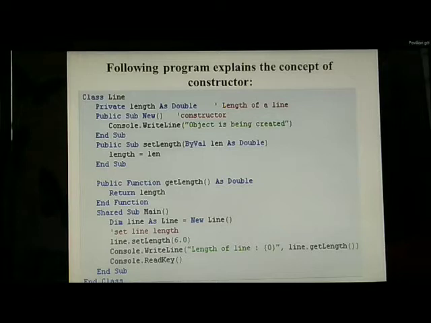Here, Public Sub New is the constructor, and after that we have created a sub procedure and passed a value. After that, a function is created and in the main it is automatically called. So when an object is created, the constructor is automatically invoked.